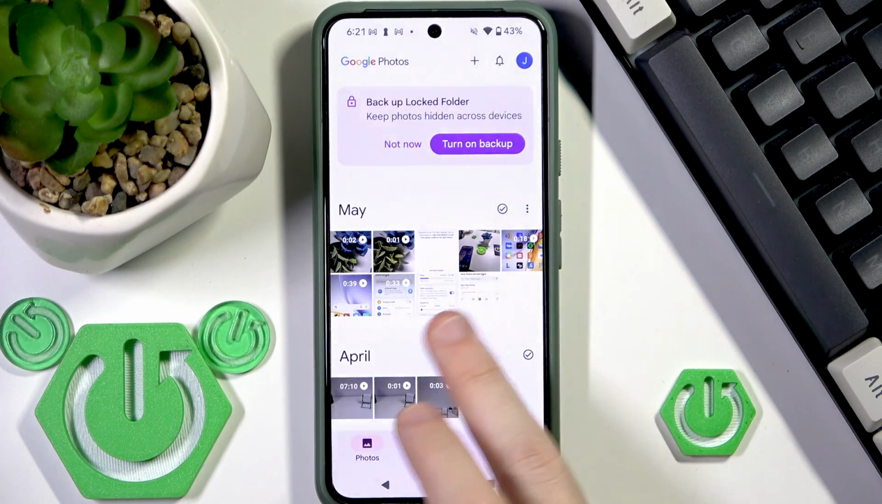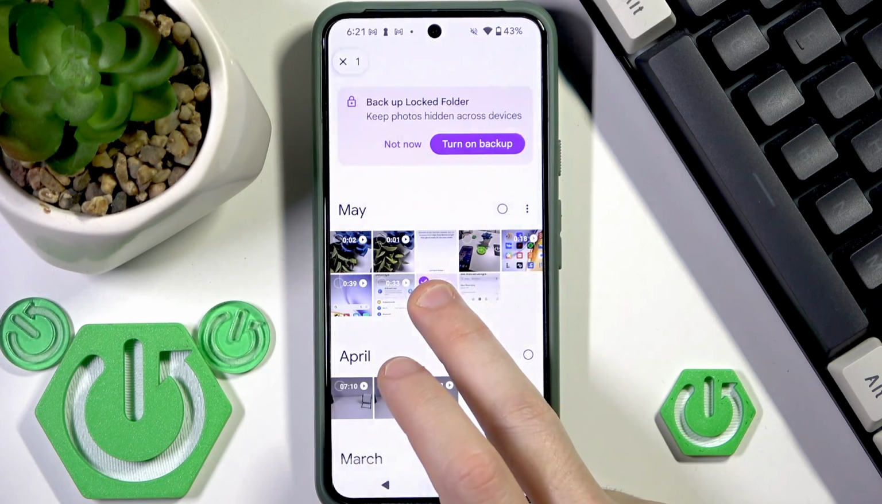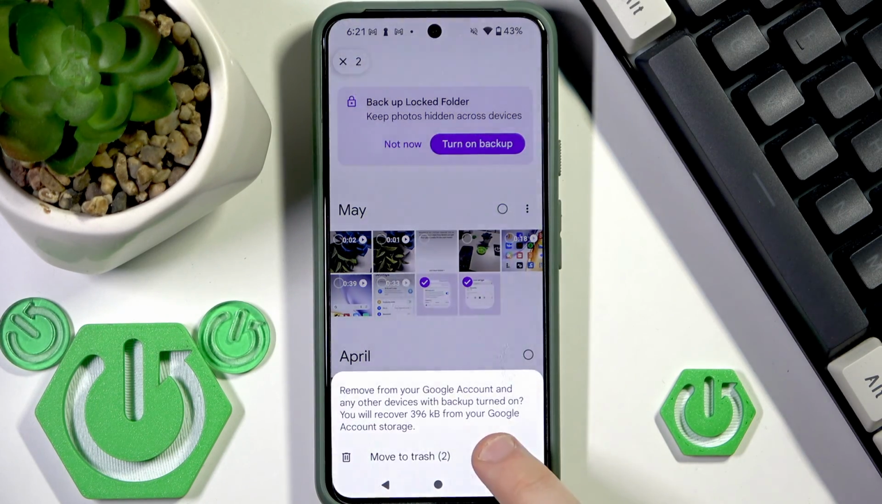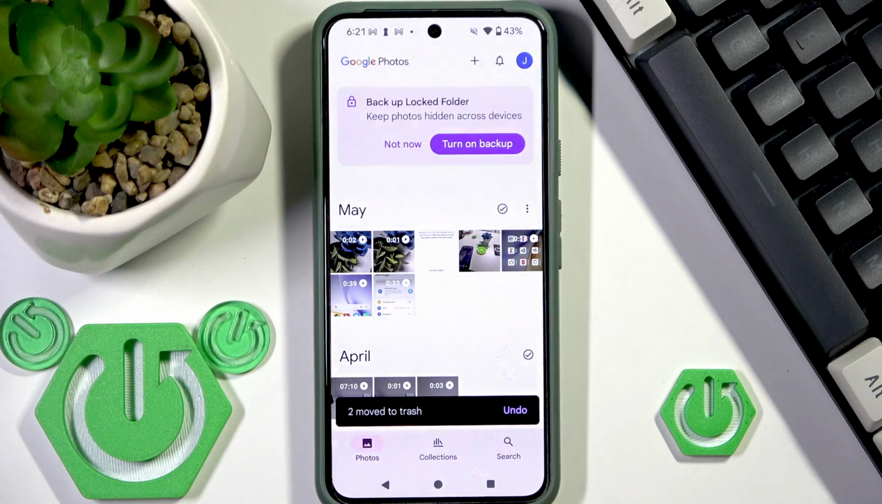Let's say I want to delete these two. So press and hold on it, select all of them that you want to delete, and then click the trash at the middle bottom. Then move to the trash, and we just deleted it, but not permanently,